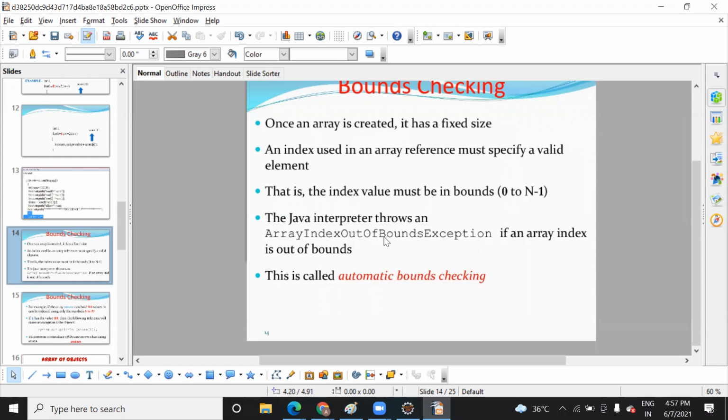exception. Exception means error. This is generated automatically once the data goes over the size. But in C language, if you try this, it depends on your compiler. Sometimes it will run, it will support one or two values. It completely depends on the compiler, Zorlang, Turbo C, whichever compiler you are using.